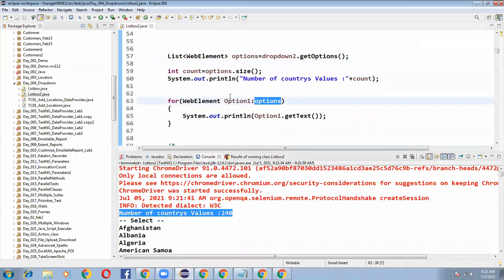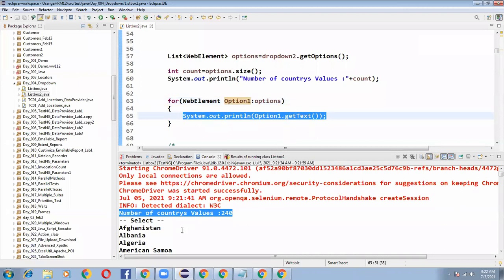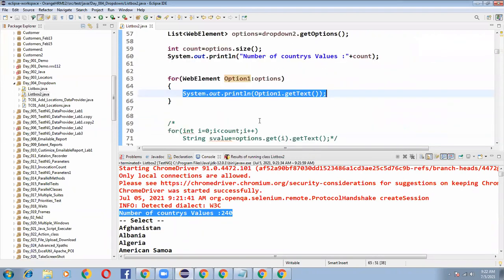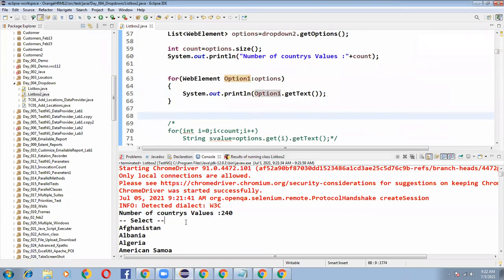So option 1 dot get text, option 1 dot get text. Like that, this for loop will be iterated for however many drop down values it contains. Like that, we can print all the drop down values. Okay, so